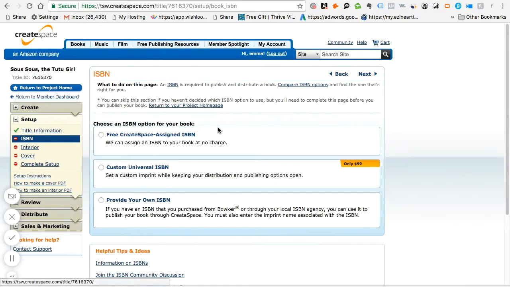And this is where you decide if you want it to have a free ISBN or if you would like to have your own ISBN. This is a custom ISBN. I've never really tried this, but this is $99. I would suggest that you either use the free ISBN or provide your own ISBN. If this is your first book ever, or if this is the first book that you're doing in terms of a print book and you've had other ebooks,